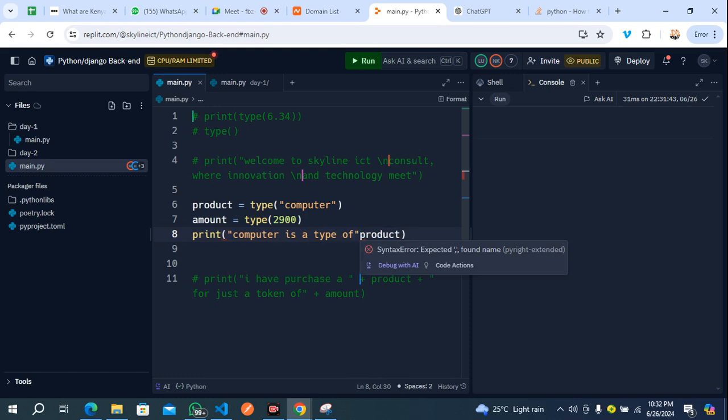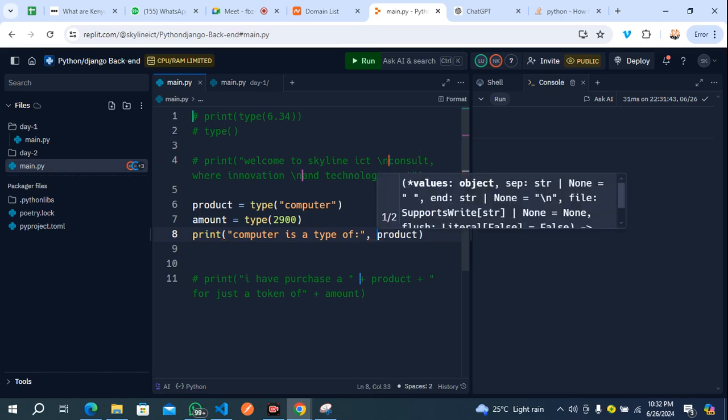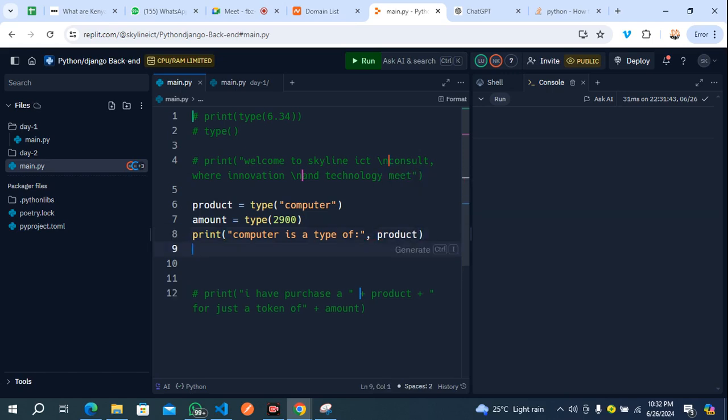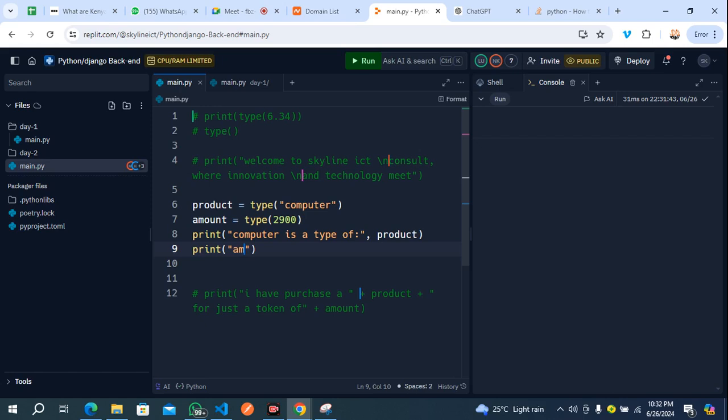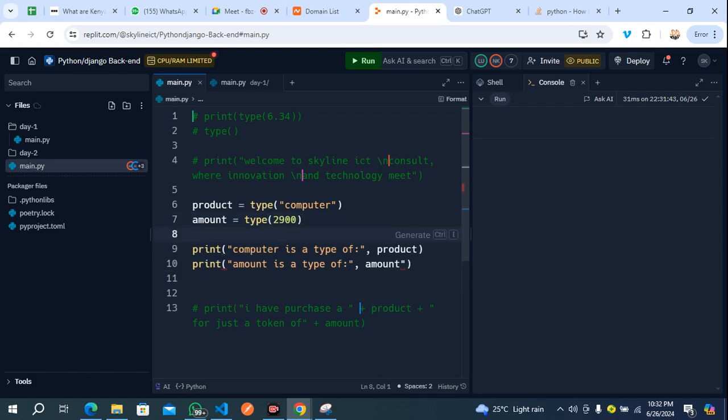Let me also use this, put a comma, so that I will not have an error. So the next one here, I'm also going to print this. You can see amount is a type of. So all right, let's run this code.